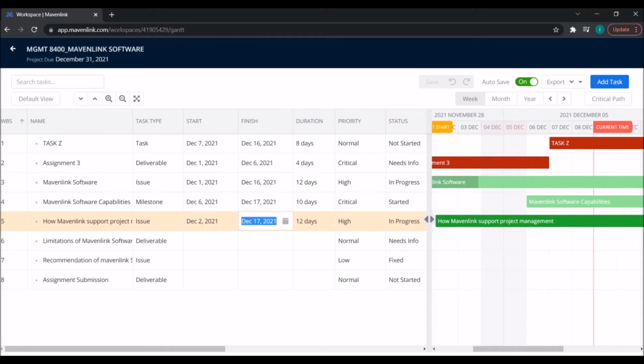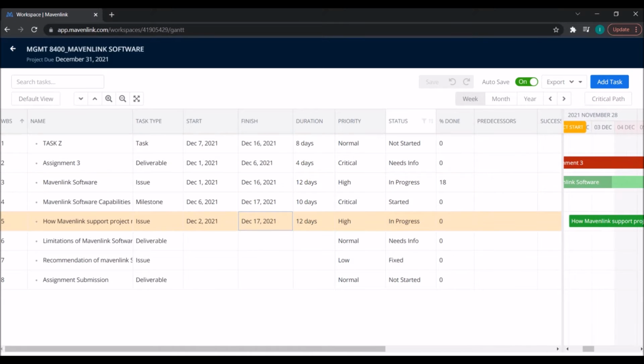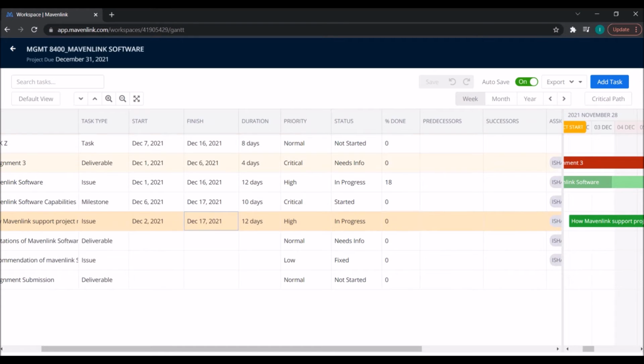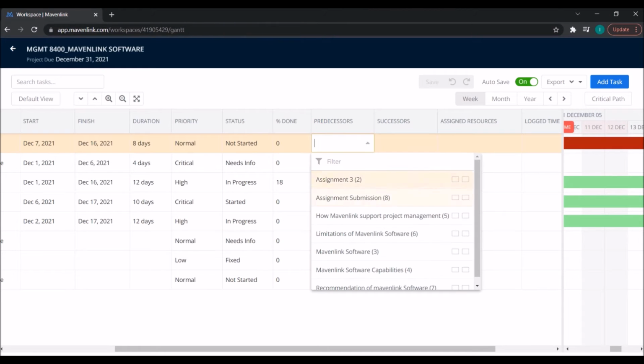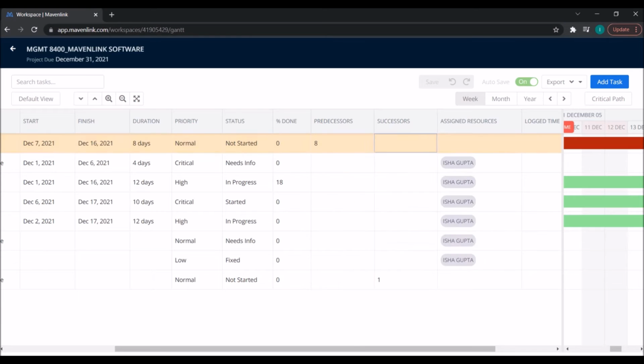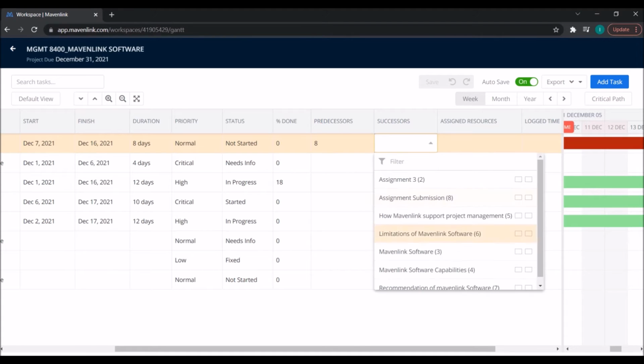How crucial the task is. Then here I can see the status: started, needs info, in progress, started. Needs info is the one I have not given the dates for. Here, for predecessors and successors, I can assign the tasks which are the predecessors